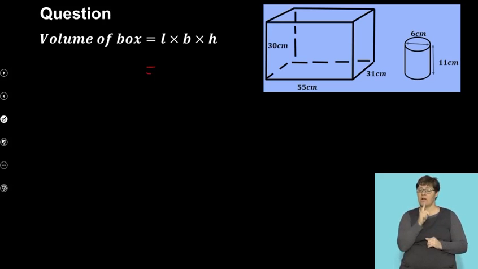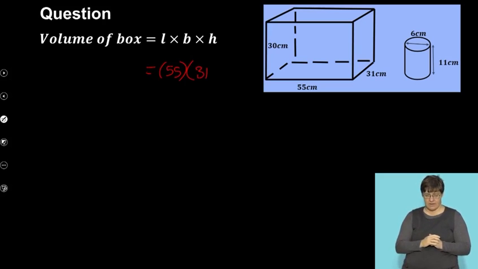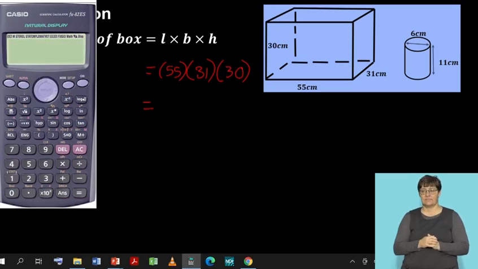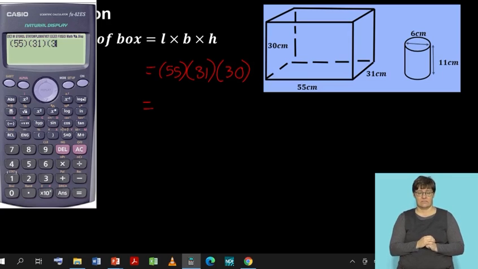So if I fill in my values, I've got length, which is 55, times my breadth, which is 31, multiplied by my height. So if I pop this into my calculator, I've got 55 multiplied by 31 multiplied by 30. And that's going to give me